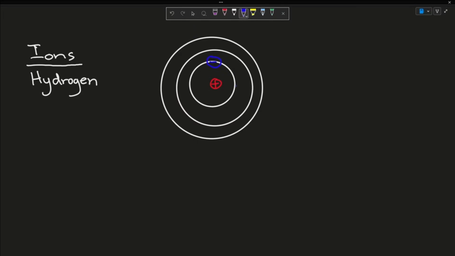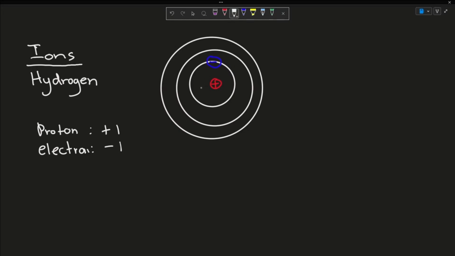Now, we have previously described that the proton has a charge of +1 and the electron has a charge of -1. So the overall charge of our basic hydrogen atom is 0 because we have one proton and then we